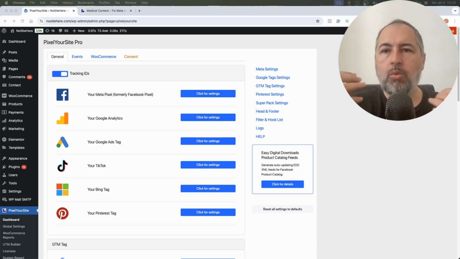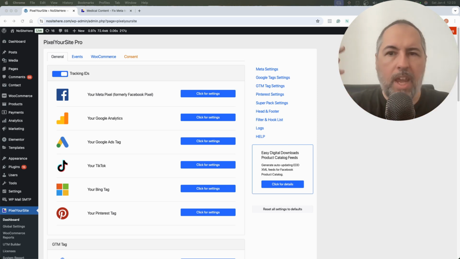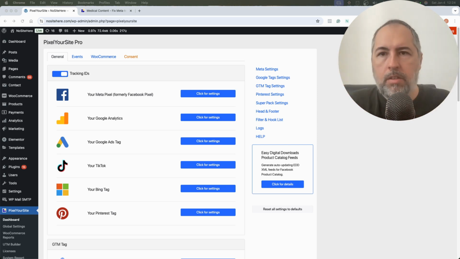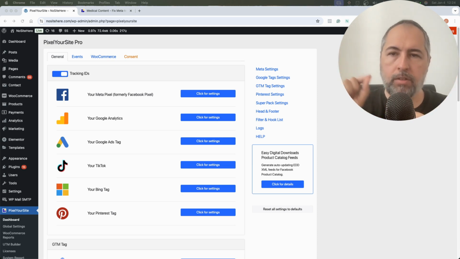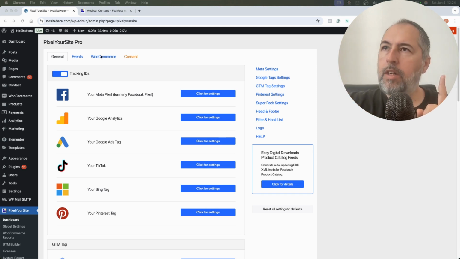Custom events are events with a custom name. So instead of purchase, it can be my event 123. This is just an example. In order to help you replace the standard WooCommerce triggered events, we have now new triggers. I will show them right away, but first, this is the WooCommerce page, and from here you can